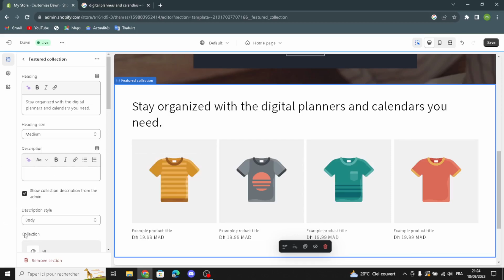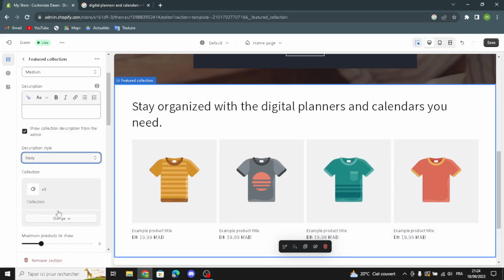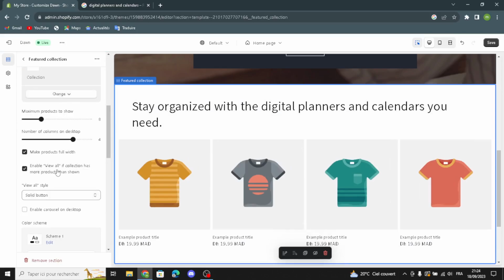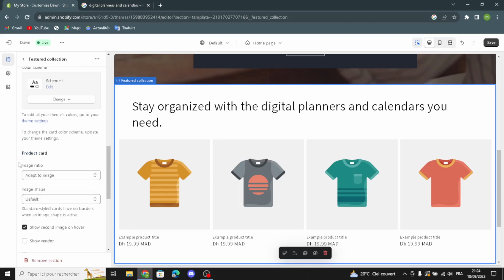Here you can show collection description from the admin. You can change the description style. You can change the collection or create your own collection. Here you can make products full width. You can enable view all if collection has more product than shown. Here, if you wanna change view all style, if you wanna enable carousel on desktop, you can edit